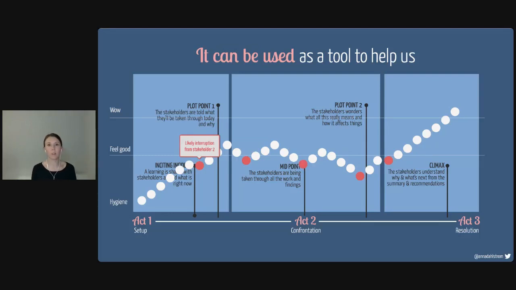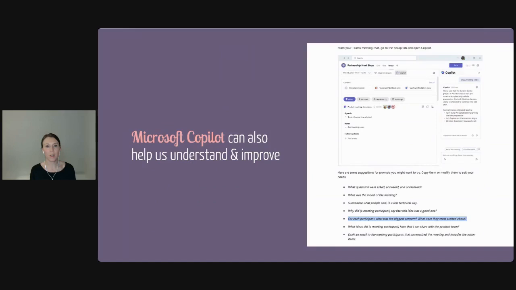Obviously right now, that's something that can happen manually, but going forwards, there's a lot of improvements where things like Microsoft's Copilot can actually help with this and offer suggestions on what you should be doing, and look at what were some of the key points where people's opinions differed and what mattered to some key stakeholders. And this is really key, because understanding our stakeholders and the people we present to is a lot of what makes or breaks buy-in or sign-off for something.